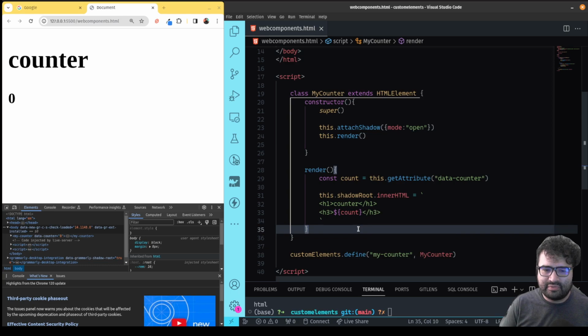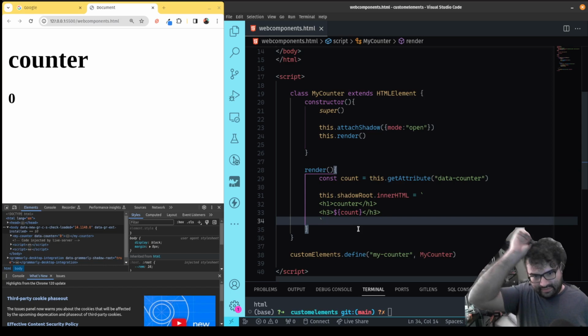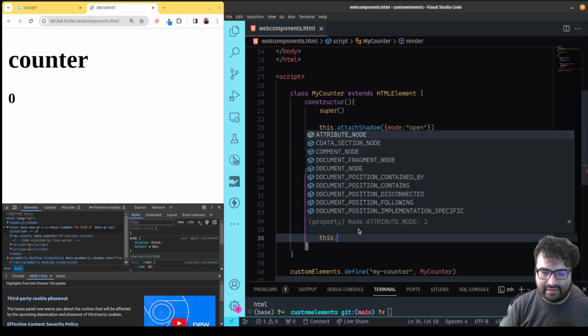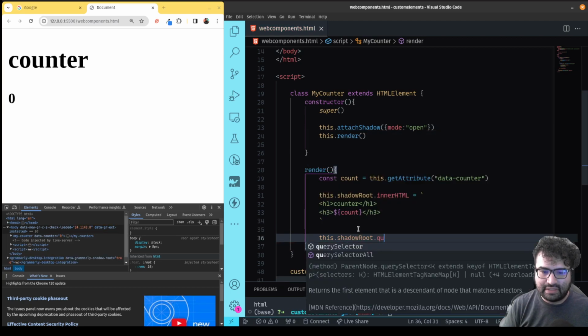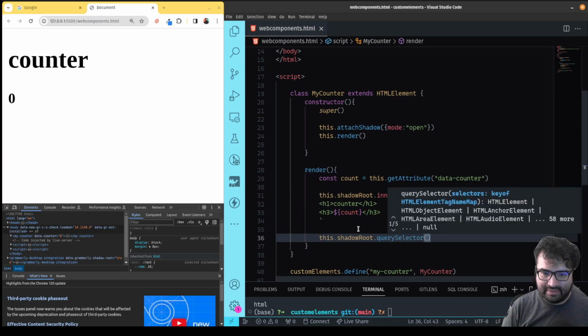So what I'm going to do is write a function. Let's see here. How do I want to best handle that? I'm going to want to select that element. So essentially what I'm going to do is this.shadowRoot.querySelector, because again, you're selecting from the shadow DOM, not the normal DOM. So you need a special query selector that's in that particular shadow root, because you're scanning that DOM tree, not the main DOM tree. Okay, and what I want to grab is the h3